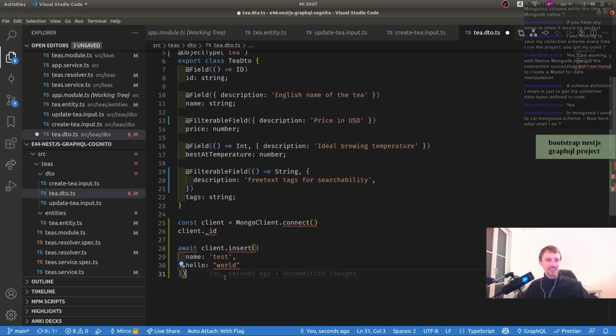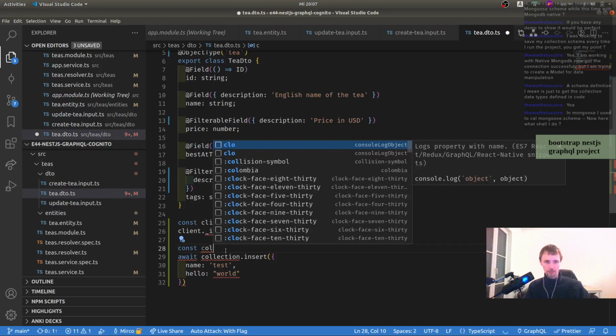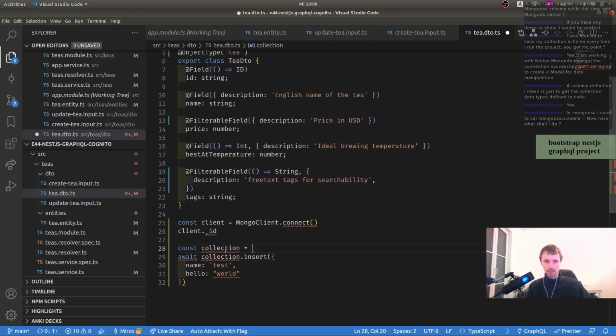Yeah. So if you're directly working on the Mongo client without Mongoose, then you don't have a schema. So you can just insert stuff. You probably have connected to a specific collection. So probably somewhere inside of here, there's also something like collection is equal to client.db.connection. Yeah, and then you just start inserting stuff and writing stuff and reading stuff. You don't have a schema in pure Mongo,